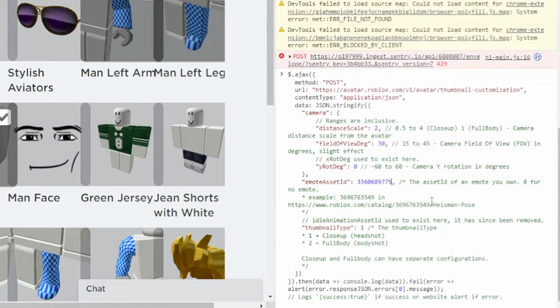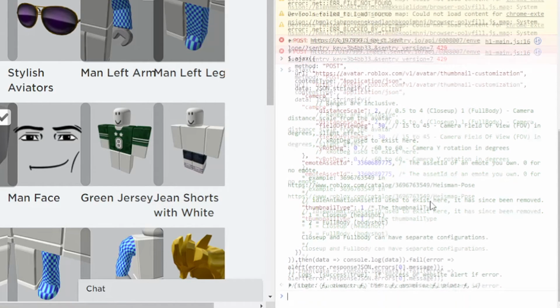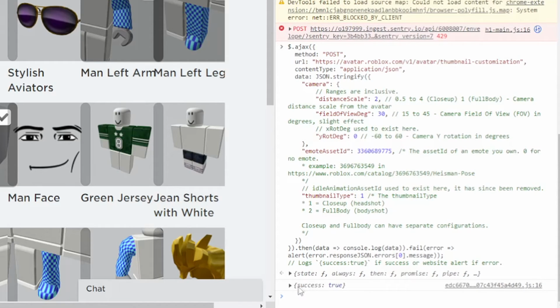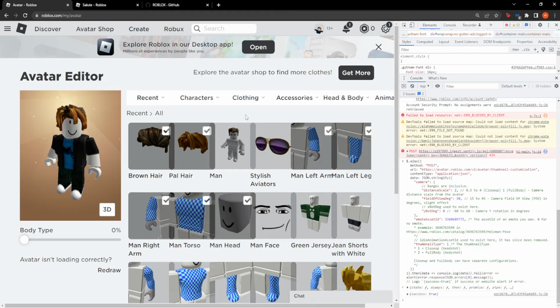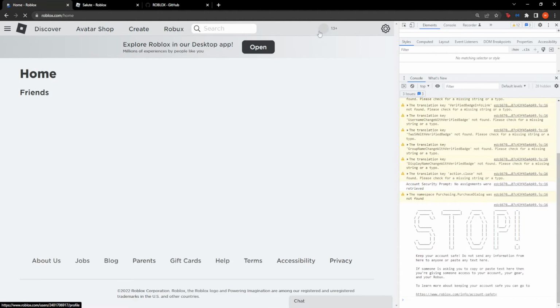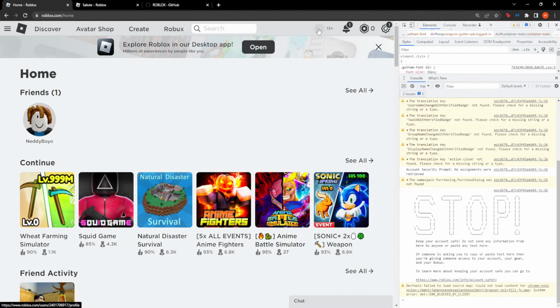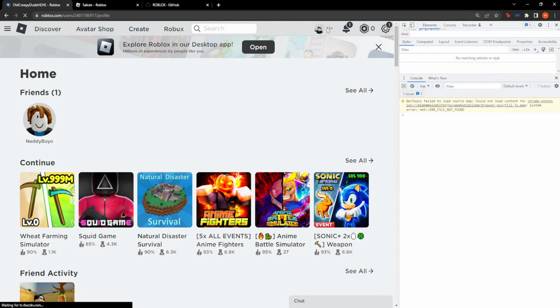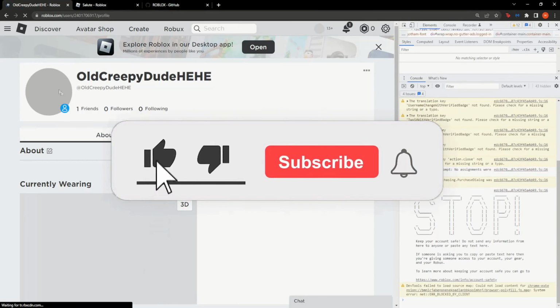And now if we've done everything correctly, we can just press enter. And you should get this message success true if you've done everything correctly. So if we go to the main page of Roblox here now, as you can see I had a previous picture before. Now I have the salute picture on my